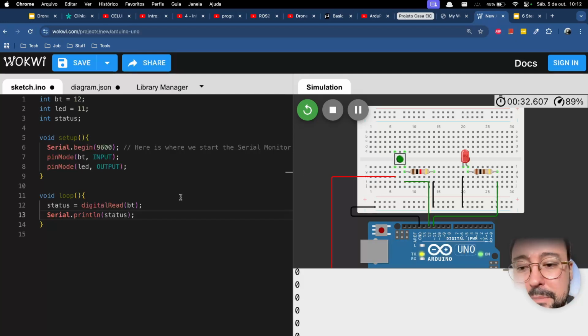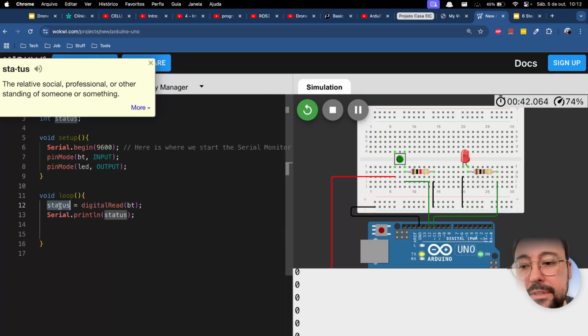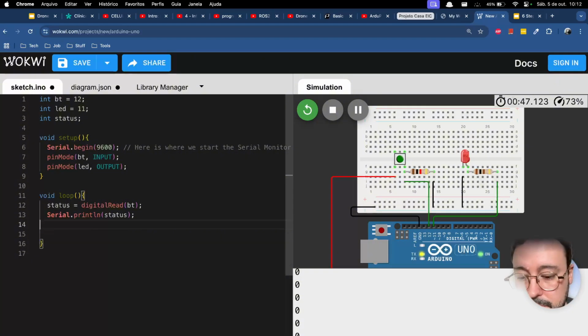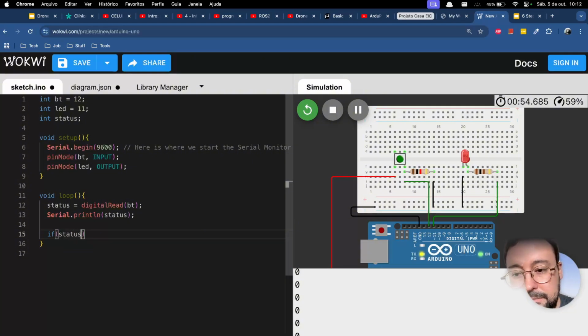So think with me, I want to make the LED turn on when I press the button. So I have to compare if my variable status, which receives the data from the button, is equal to 1, then I will turn on my LED. So here I will start working with conditionals. So if status is equal to 1,